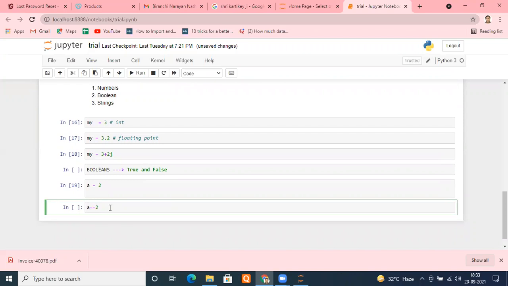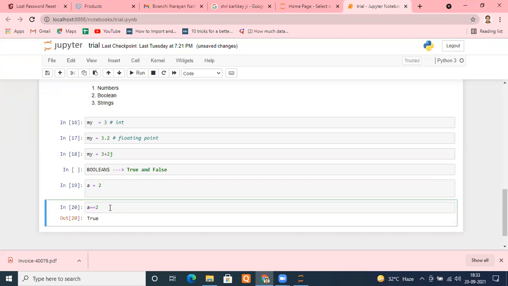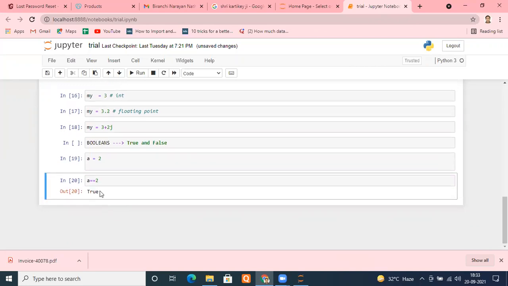Let's see what value the cell returns. Can you see what it returned? I think you will agree with what is happening here. These are the true and false values. When some condition is true, we return true. Suppose I write 3 here instead of 2.